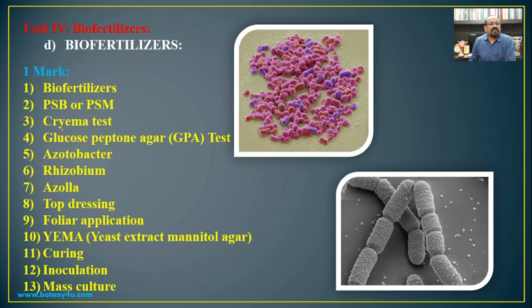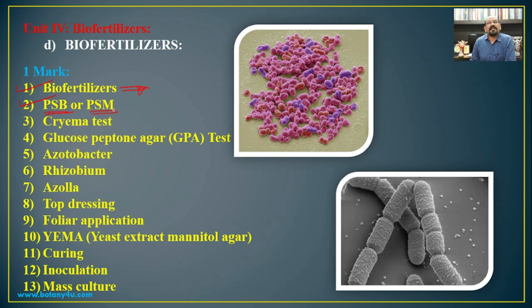Then in case of the 1 mark question that is asked for the biofertilizers. Biofertilizers are the organisms or microorganisms or bacteria which are provided to the plant as a nitrogen source. Then to provide the phosphate, there is use of the phosphate solubilizing bacteria or